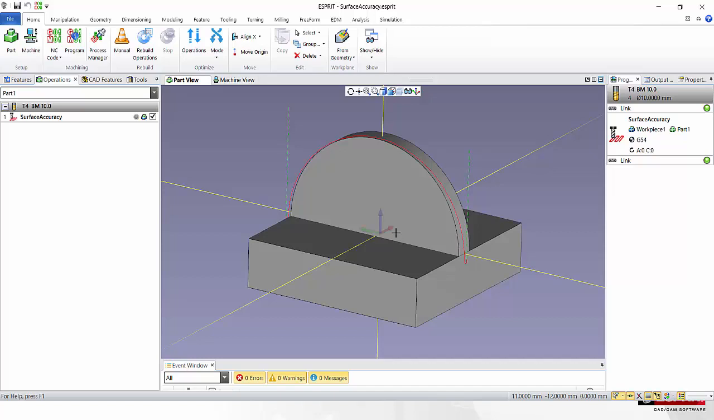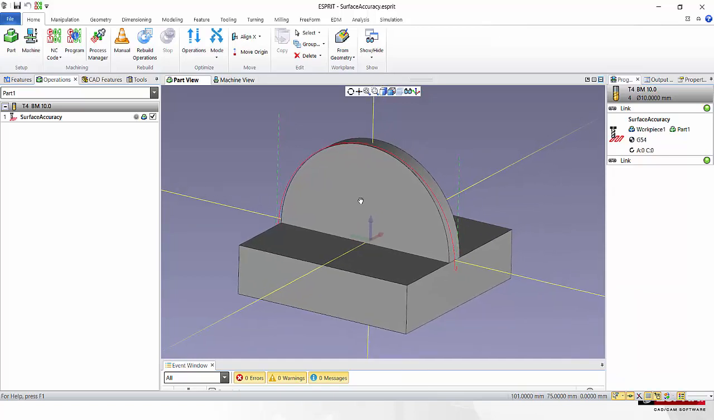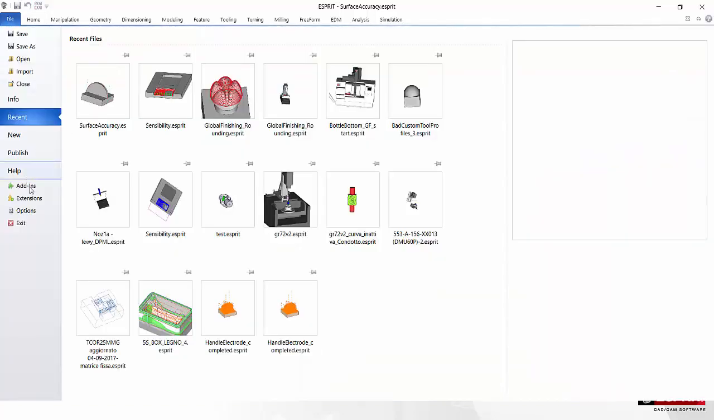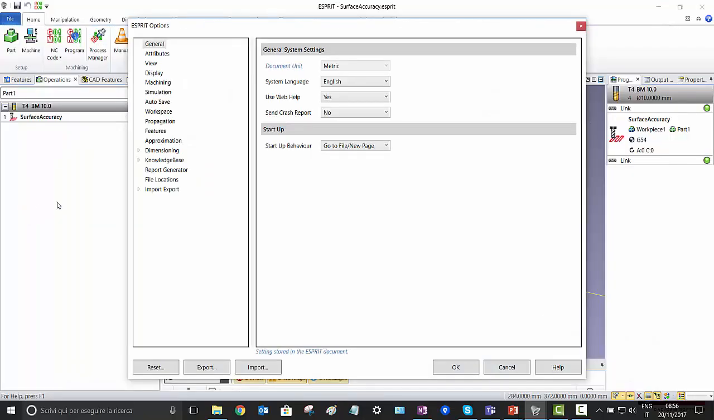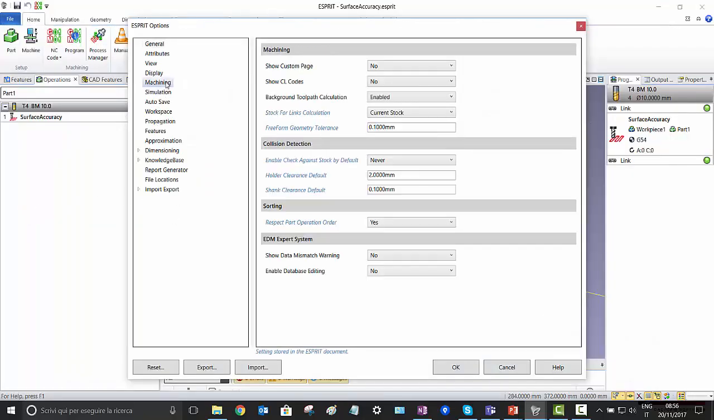It's hard to see on a PC video. But anyway, I made this kind of experiment here. So this cylinder here and this part here has been tessellated very roughly, and I can show you if I go inside File, Option, Machining. You can see here this value here. So this is very rough, because the default value is